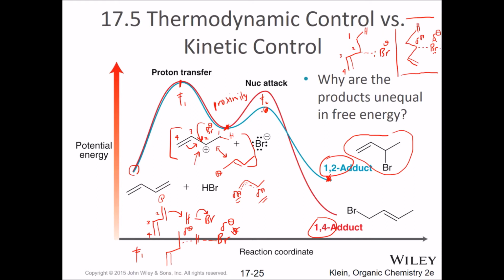you can't necessarily see why the activation energy is lower. You need to draw the transition state of this guy. Draw the transition state of the 1,4 adduct being formed. That's this one right here, okay? And then compare those two, and you'll know that this one is the lower one in energy because, well, you see, it's lower, right? Okay, now since it's a lower transition state, it's going to go faster, plus the proximity